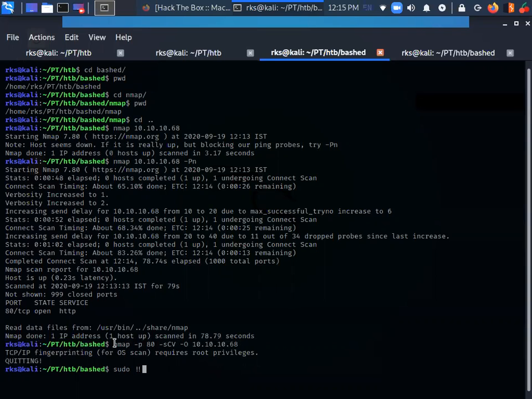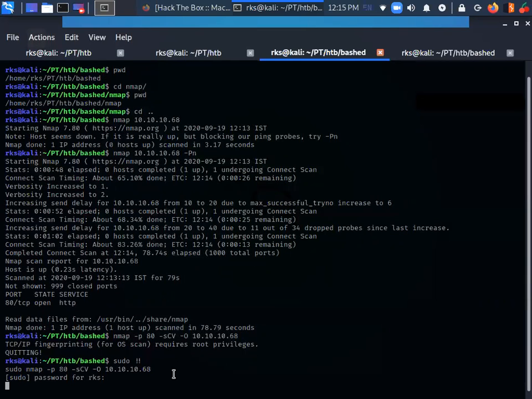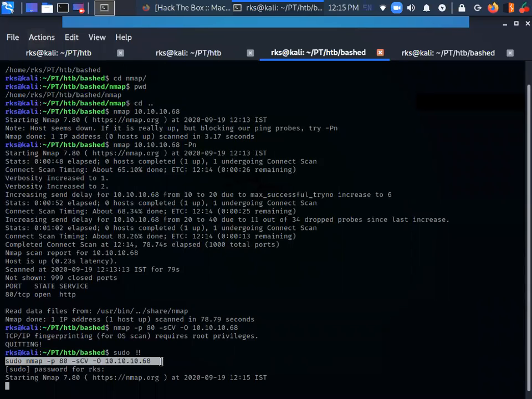Instead of typing the whole command again, I'm going to use sudo and a double exclamation mark, known as sudo bang bang. This runs my last command with sudo privileges. Let's press enter. You can see it is running the last command using sudo. It's a sort of shortcut that comes in handy.